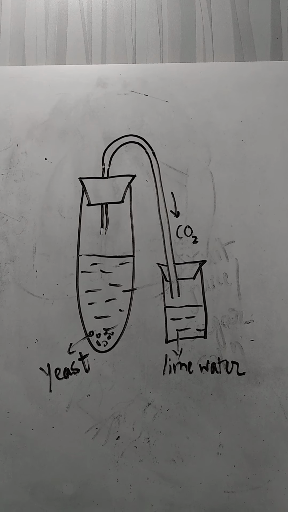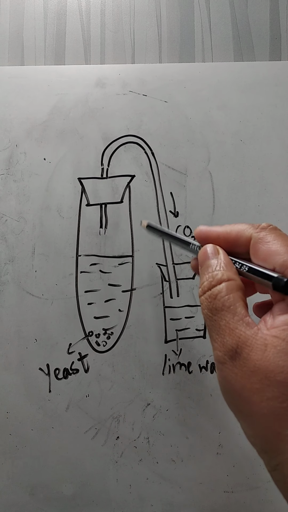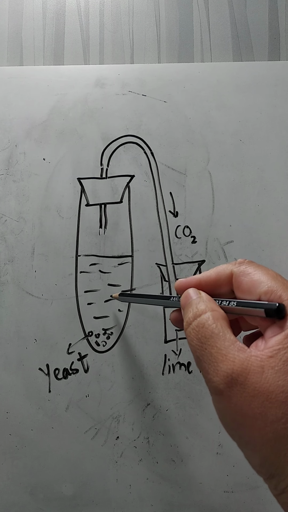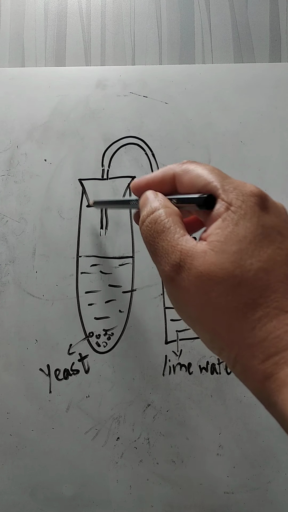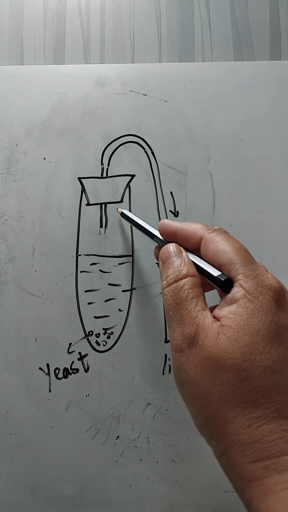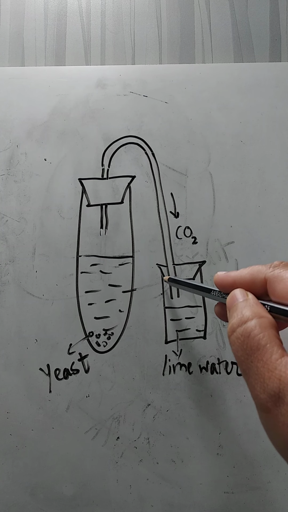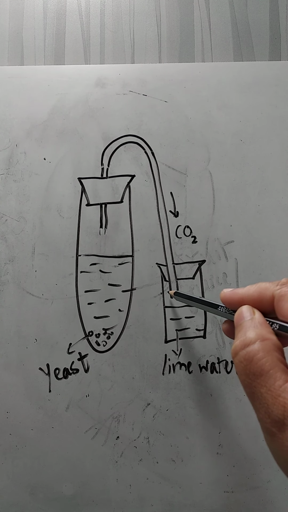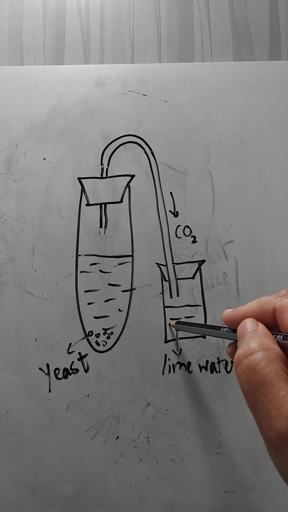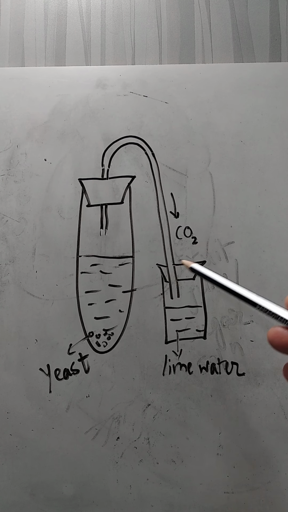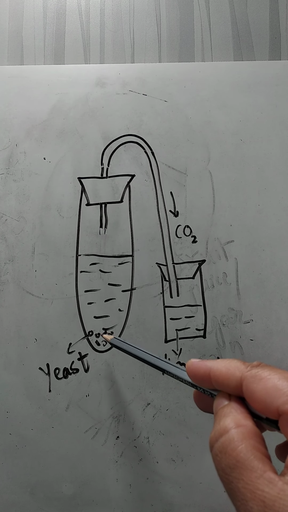One more activity is given in your book about fermentation, that is anaerobic respiration. See what we have done. We have taken a test tube, taken some fruit juice or sugar solution in the test tube and added yeast to it, right? Then cover this test tube with a cork having one hole, then insert one bent tube, and the other end of the bent tube has to open in another vessel containing lime water, right? Now this is the arrangement. What will happen? We know that yeast does anaerobic respiration, and what are the products of anaerobic respiration?